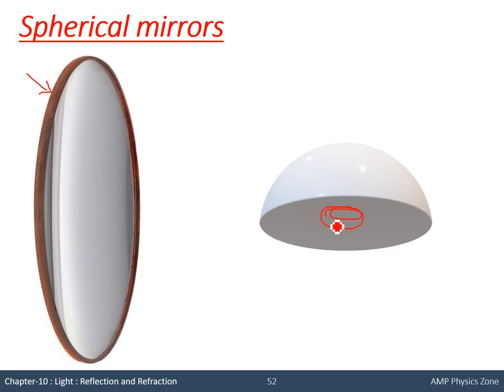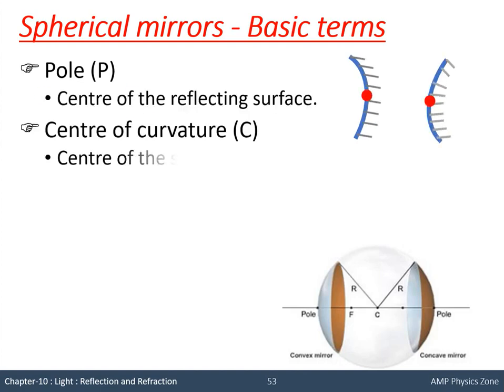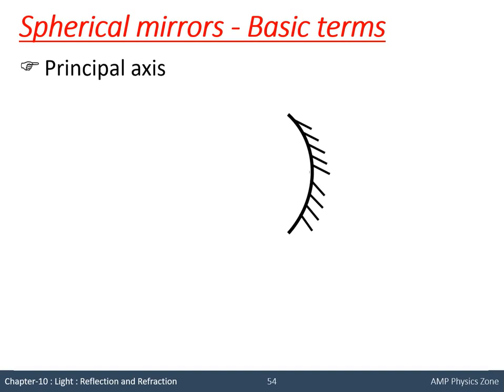Here also no material will be there. So the side view of this mirror we can draw like this. This is the side view. For ray diagrams we will use only the side view. These I have already told, you can note them down from this. This also I have told.